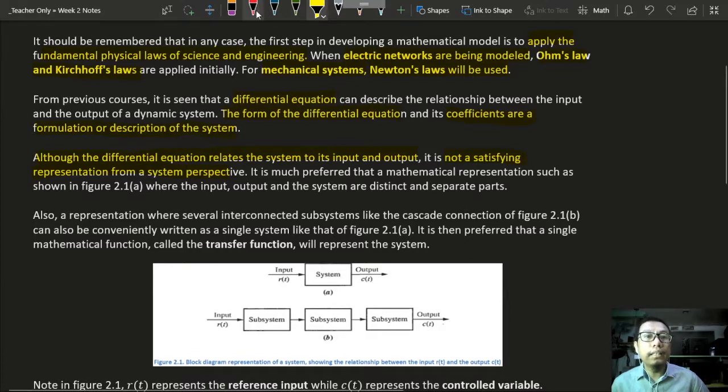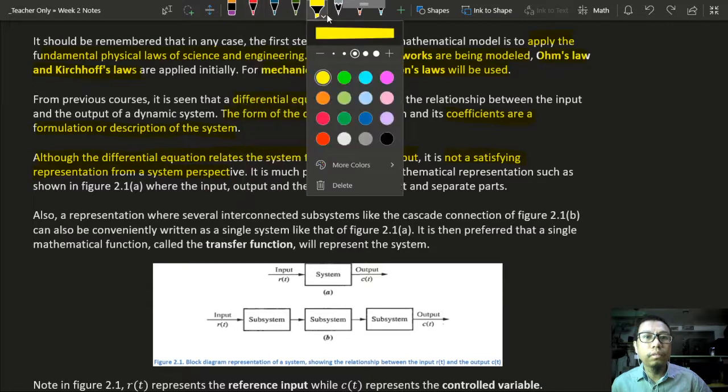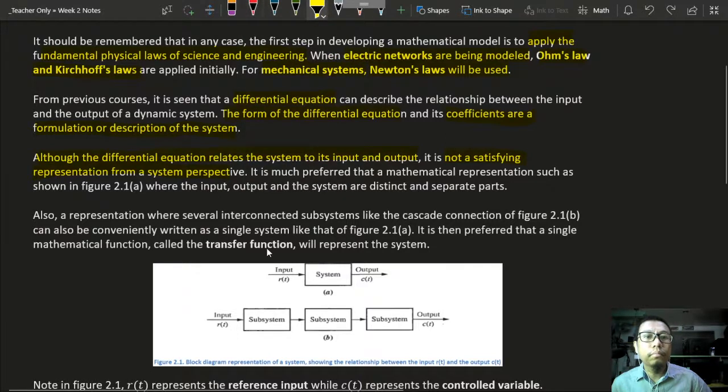Okay, so makikita natin dito sa figure 2.1 na dito, meron tayong input, okay. So yung input natin is R of t. Okay, tapos yung output natin is C of t. The thing is, kapag ito naka-describe ng differential equation as you would be able to see later on, hindi natin siya masiseparate. Okay? Dahil